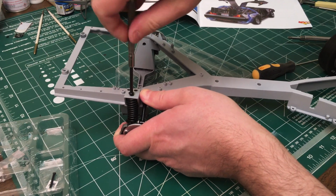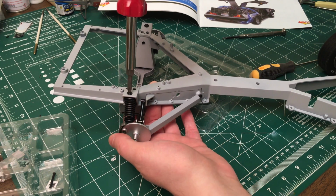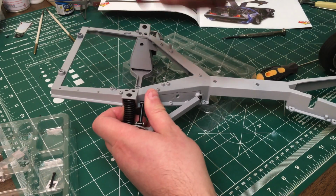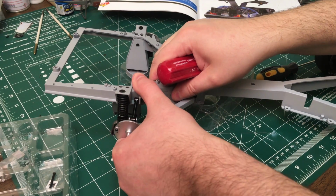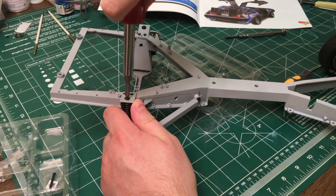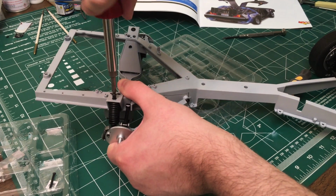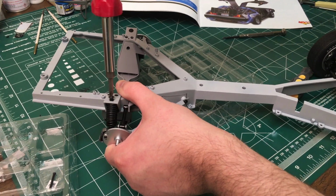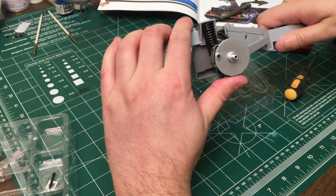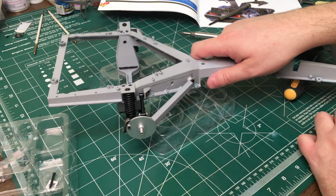There we go. Okay, well, that kills your fingers. Now it's just a matter of tightening the screw. There we go. Okay, so there's that part finished, and then finally,